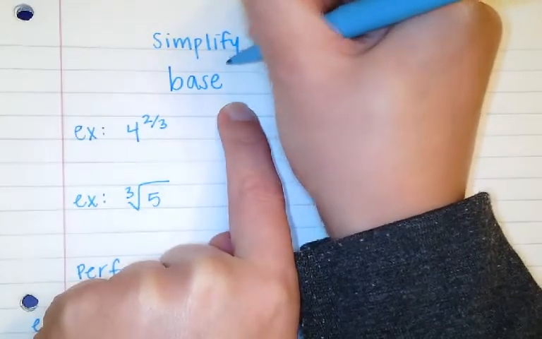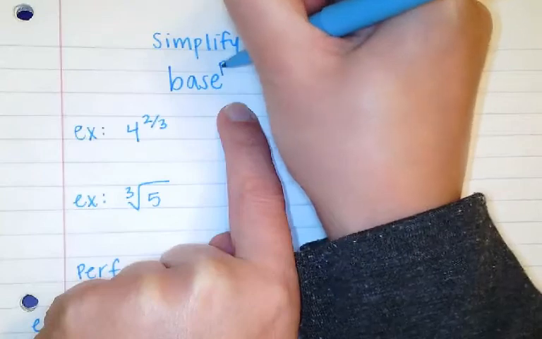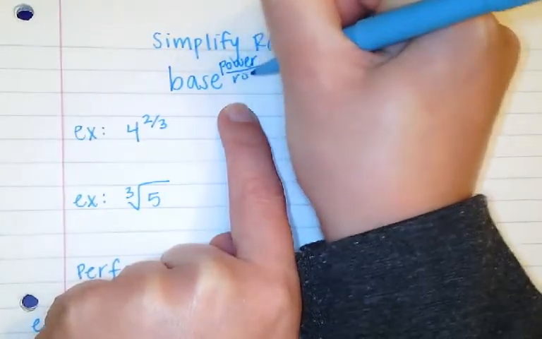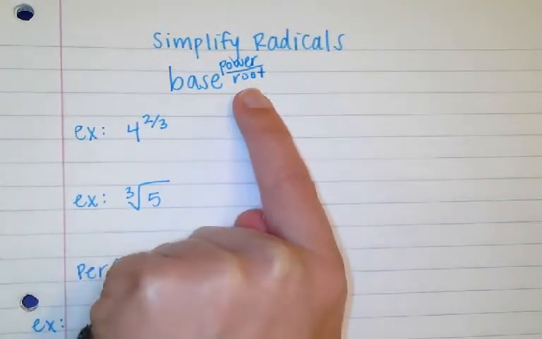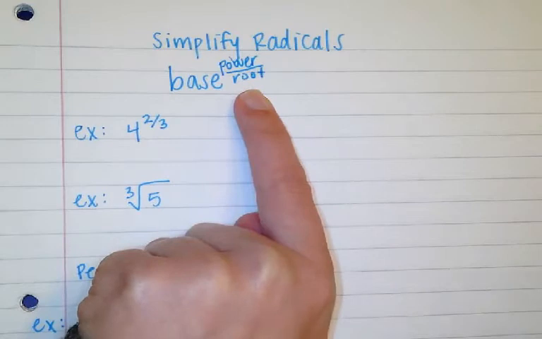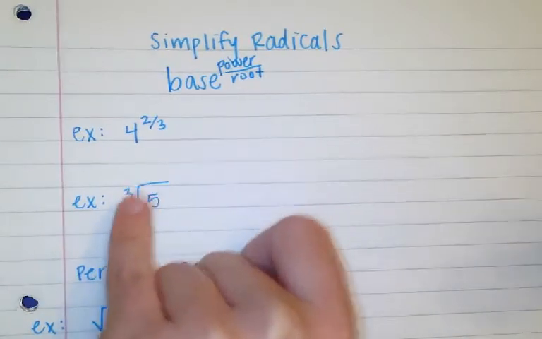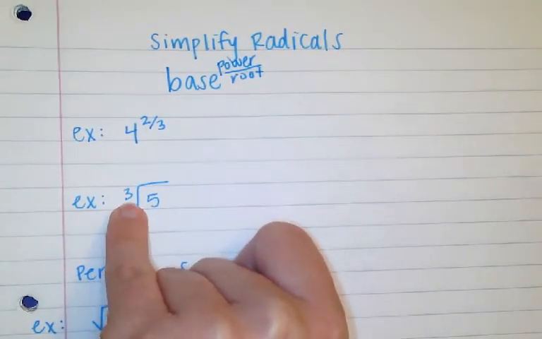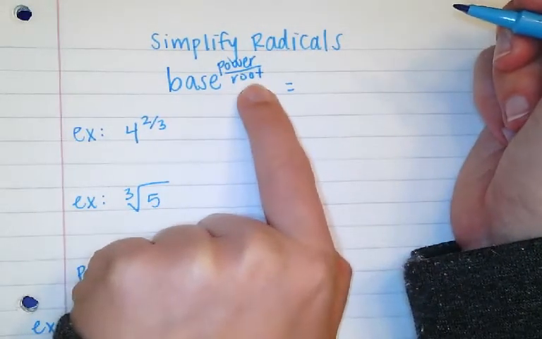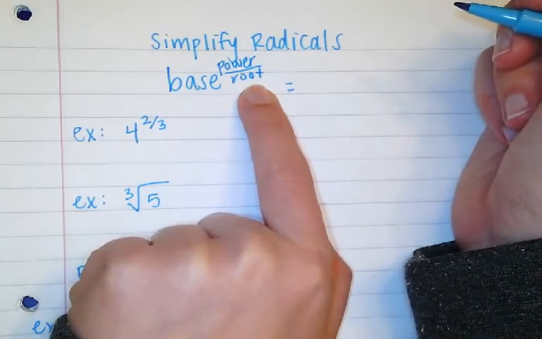If I see a fractional exponent, the top number is actually the power it's being raised to, and the bottom number is the root that it's being applied to that number. So there doesn't just have to be square roots, there's also cube roots, fourth roots, fifth roots, any root that you want. So if I rewrite that as a radical, which radical is just a general name for any root,